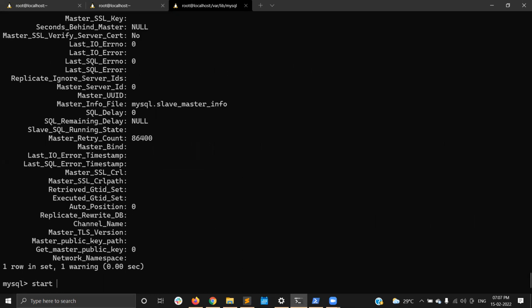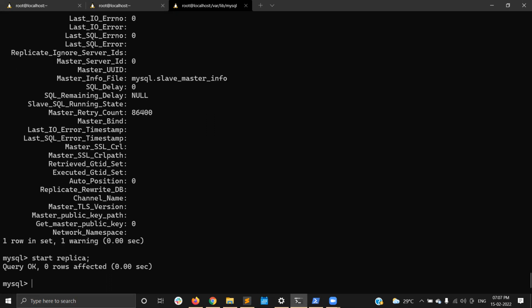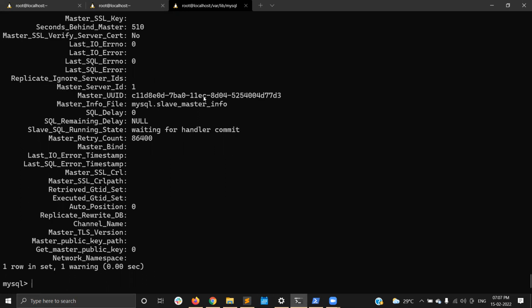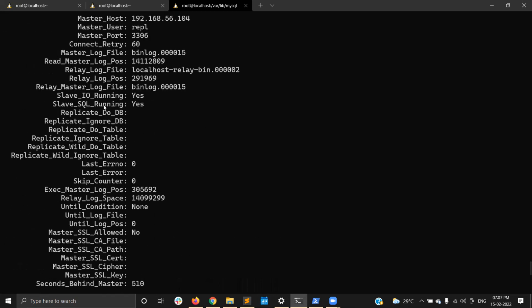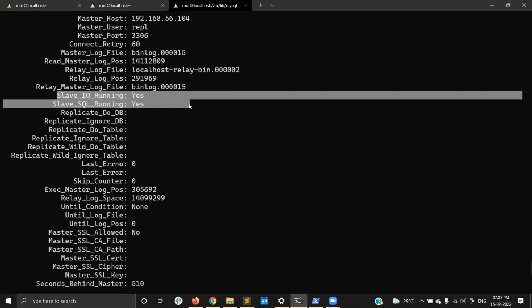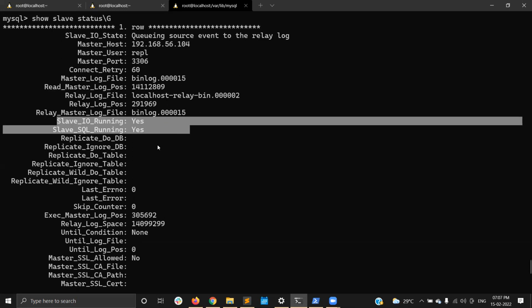I'm executing start slave. Better, we can do start replica. It will not give any warnings. If you give start slave, then you will get a warning. Start replica. Okay, now you can see the IO thread and the SQL thread are both yes,